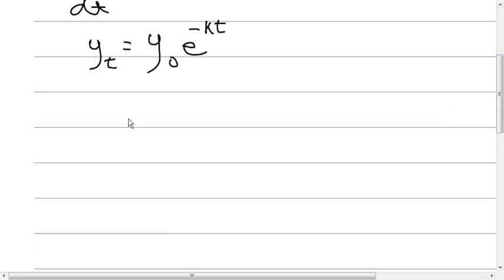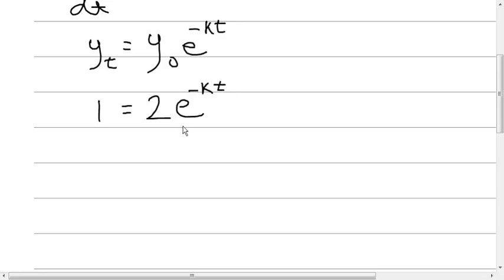So you've heard about the half-life of material. How long does it take for half of the radioactive material to break down and be gone? Well, we can find that out. If we know what k is, we can find that out. We just say y at some time in the future, we'll just make up a number, 1, is equal to, it started out at 2. So if it started out at 2 and now it's 1, it's half gone, 2 times e to the minus